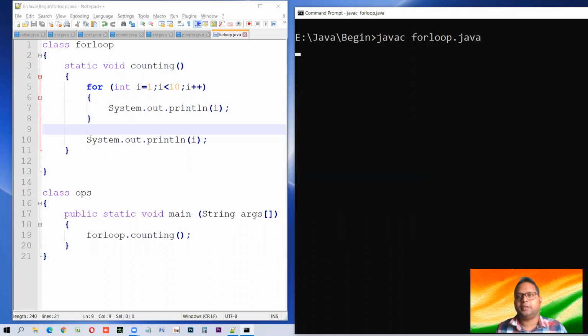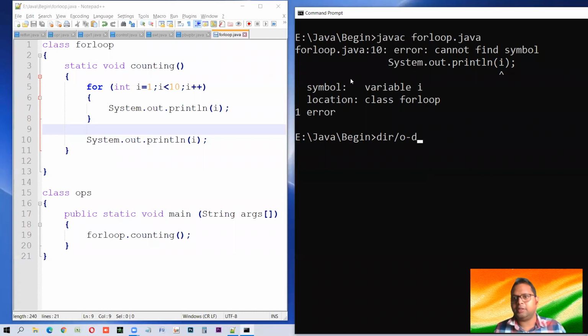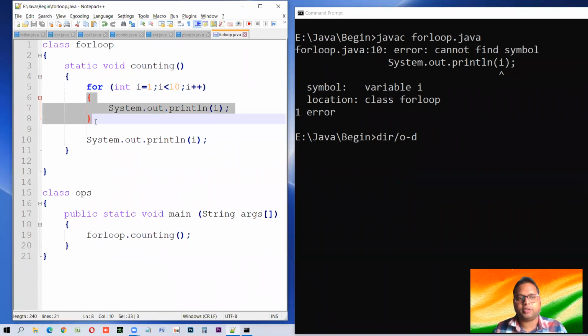Need to compile once again. This is good, here you got the chance to learn a new thing, that is the local and the global variable. Okay, let me make the point clear. This is the local variable. This is local for this block. Variables are local as per the blocks. Means actually this int I is defined for this block. So after this block, I is nowhere. That's why it's telling that it cannot find the symbol I.